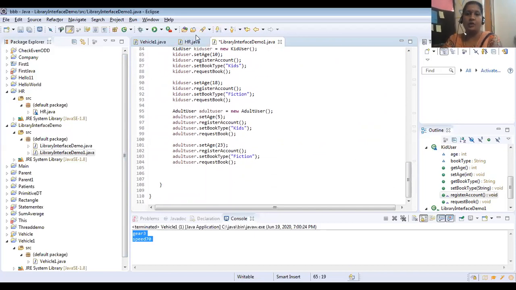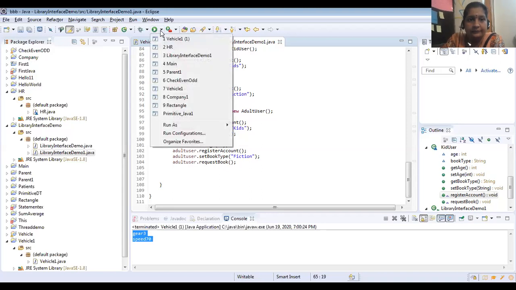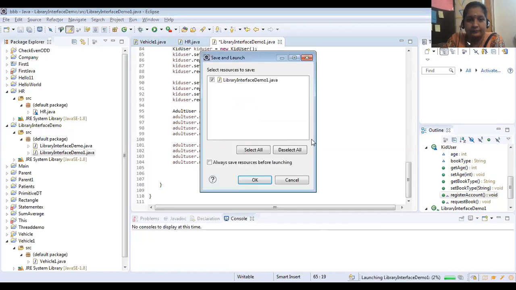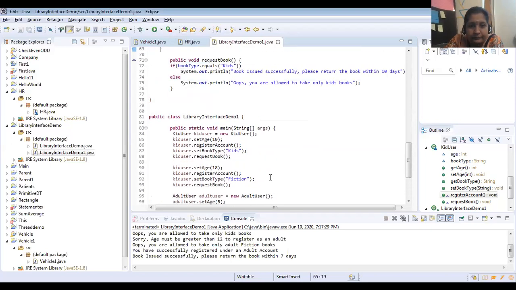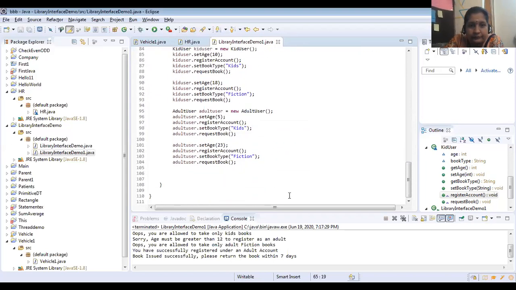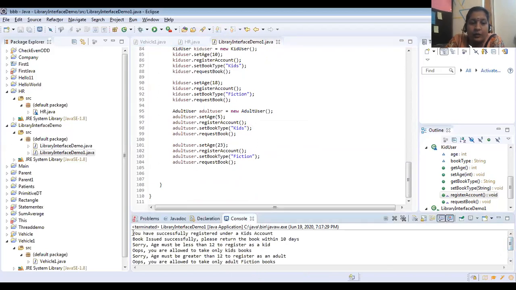So shall we check the output? You see here. You have successfully registered under a kids account. Book issued successfully.